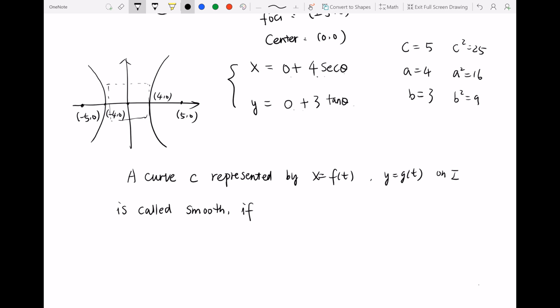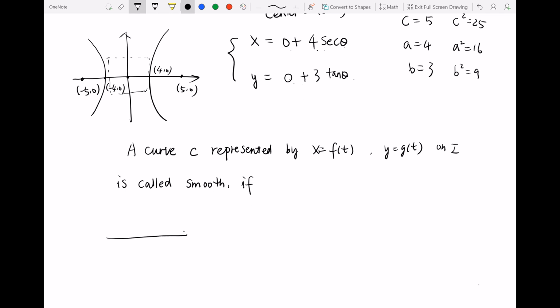Because smooth is more strict than continuous, this one is continuous, but it's not smooth. You see, this point is continuous, it's connected, but it's not smooth. Okay, smooth is another way to say you can take a derivative. So if f prime and g prime are continuous, it must be continuous for sure, on I, and